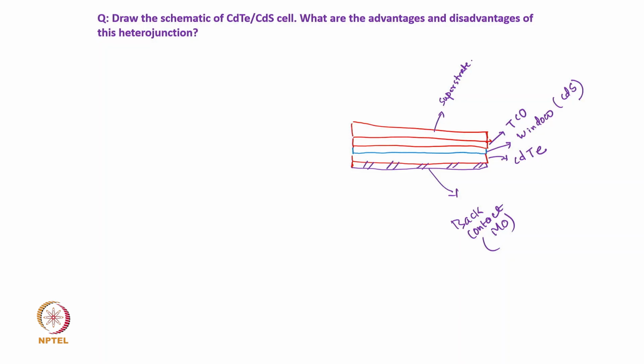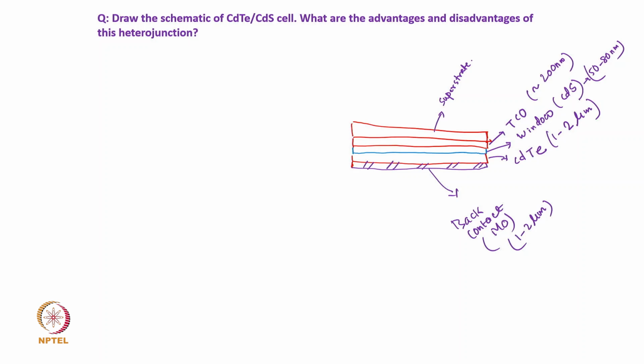Okay. So, typical thickness of TCO is around 200 nanometer. CdS layer is very thin, say 50 to 80 nanometer. CdTe, which is actually the active layer, is relatively thicker, say 1 to 2 micrometer, and the back contact, that is molybdenum contact, is also a few micrometers, say 1 to 2 micrometer. Okay. So, this is the architecture of a CdTe CdS solar cell which we have discussed, and we know the function of each layer.